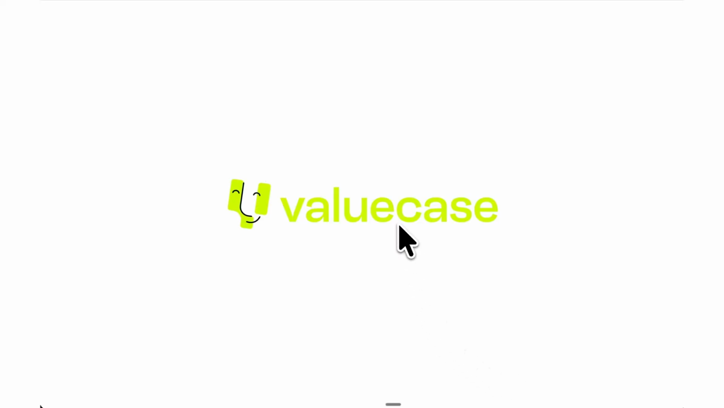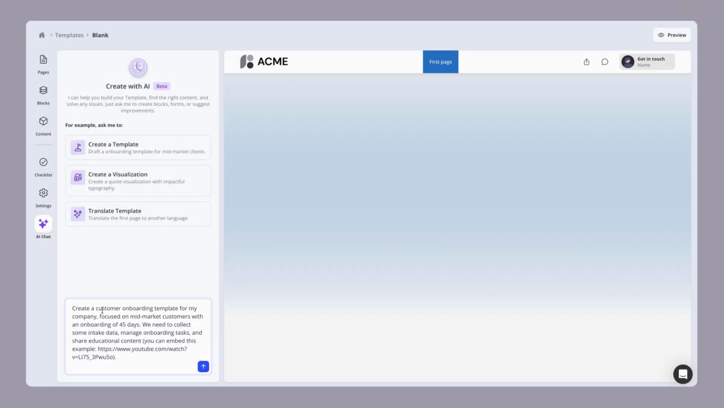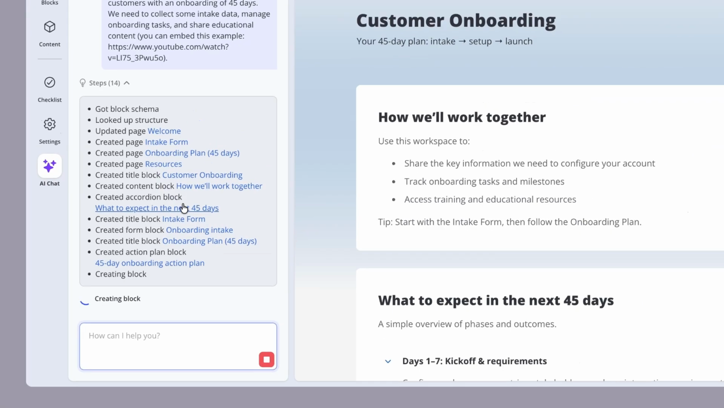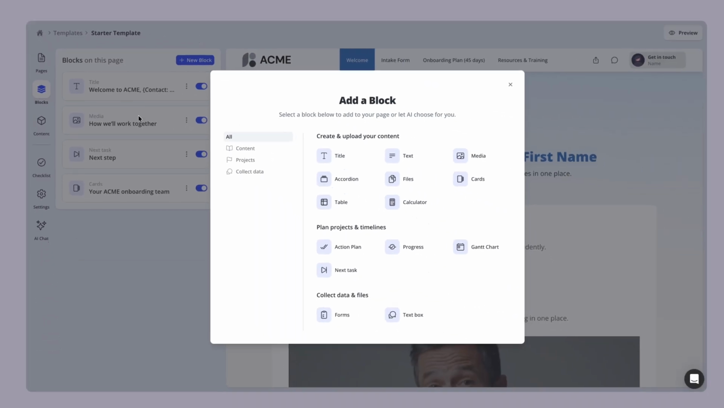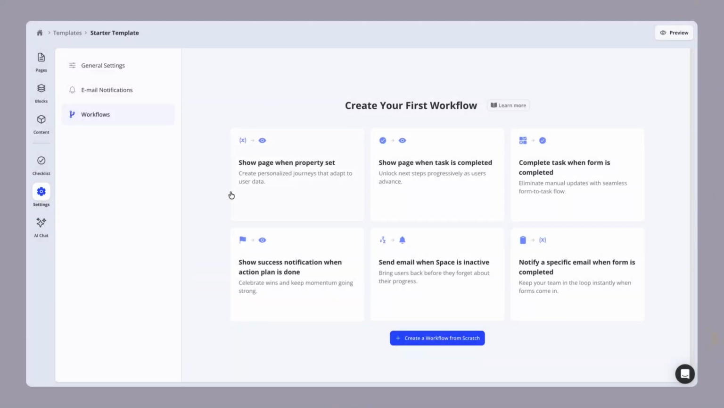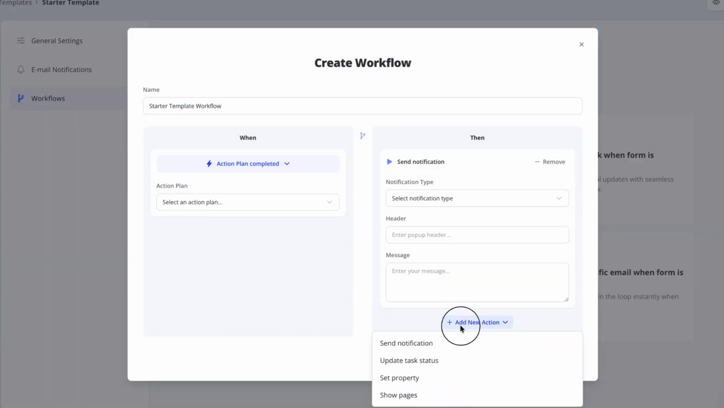Today we are releasing our new AI that can help you build entire Valuecase templates. It can translate them for you if you wanted to. It can give you feedback and help you tailor your spaces to your customers. Also, we have a new editor design that's easier, faster, and lighter to use. And then finally, we are taking our workflows out of beta and we also ship a lot more cool features